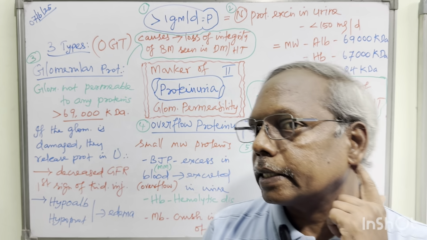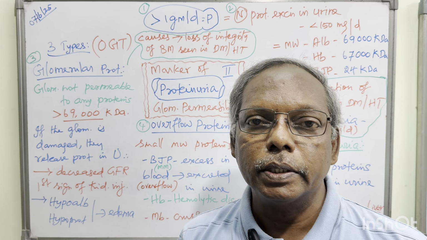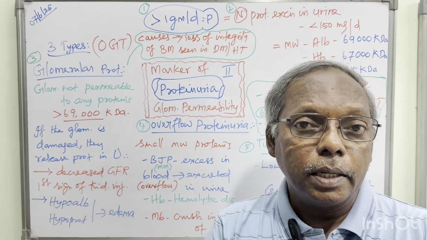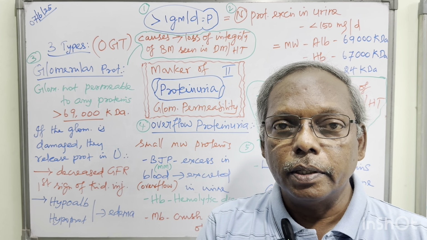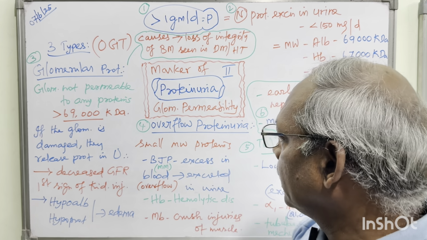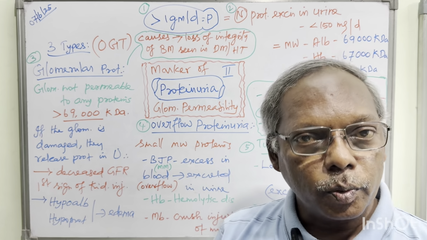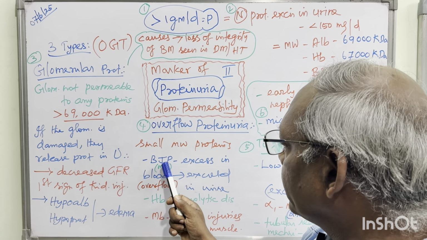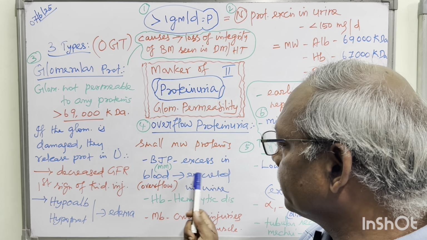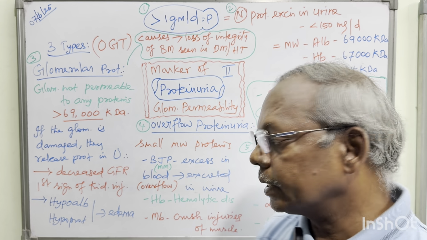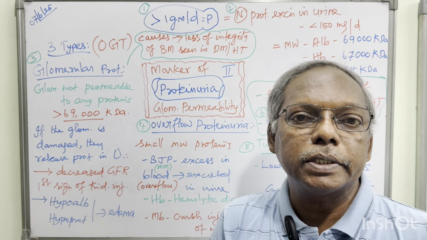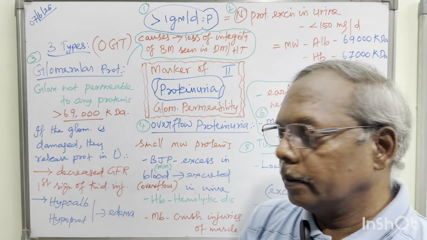Okay, the next type of proteinuria is overflow proteinuria. The name itself says overflow occurs in the kidney. Here the glomerulus, nephron, tubules, everything will be normal, but the compound synthesis or production is very excessive. So it is a small molecular weight protein, for example, Bence-Jones protein. Excess protein in blood will get excreted in urine. That is overflow of Bence-Jones proteins.